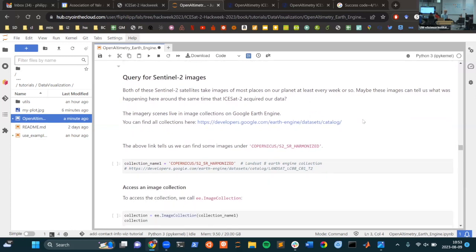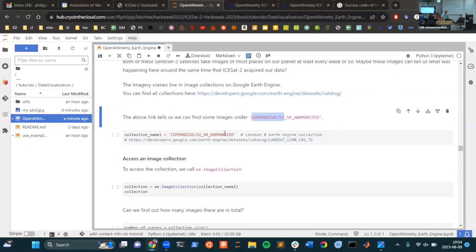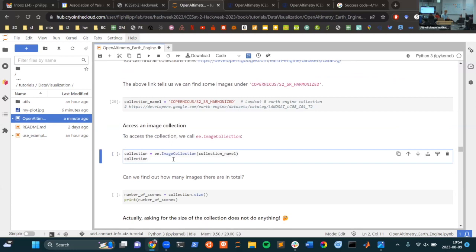So in Google Earth Engine, if you go to this catalog link, you can find all the different image collections that are there, and the Sentinel-2 one is just under Copernicus, Sentinel-2 surface reflectance harmonized. So we can just specify this as our collection name. And so if we call this Earth Engine image collection on that name,